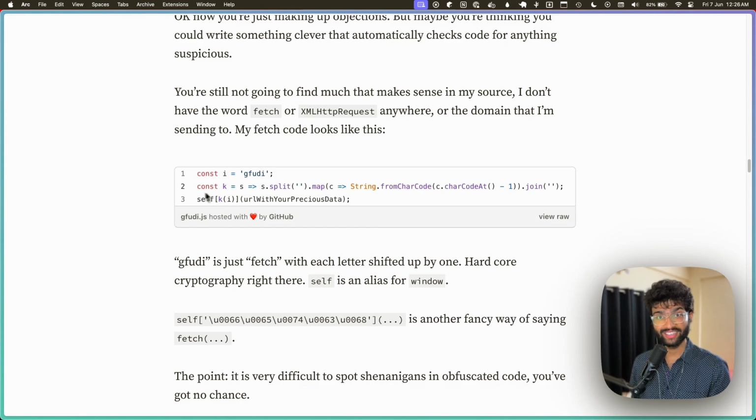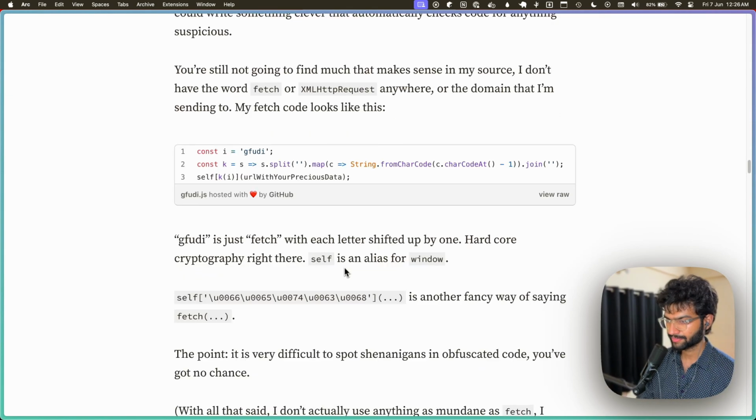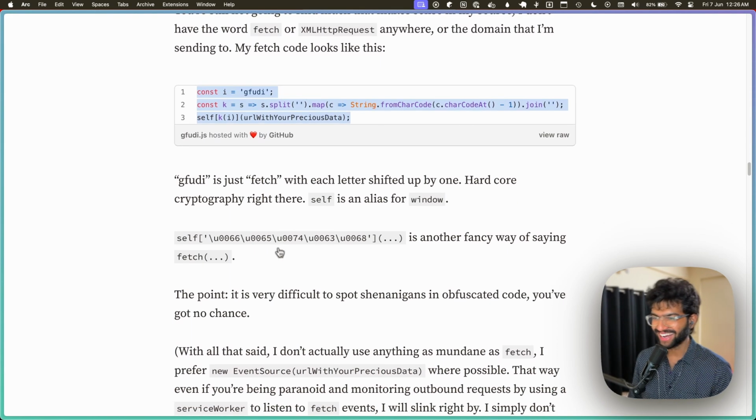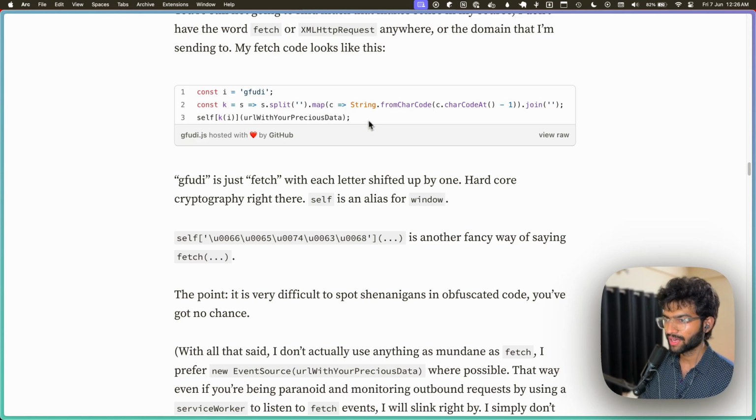So what he's done over here is that he's used the most basic form of cryptography. He's shifted each letter of the word fetch by one letter, and then that's what he's using to actually ship or actually post his payload to his server. I mean, I don't think anyone in your free time or just by looking at it or glancing at it once will be actually able to understand what's exactly going on over here. You'll probably glance over this code and see, okay, whatever, there's some map, some sort of logic